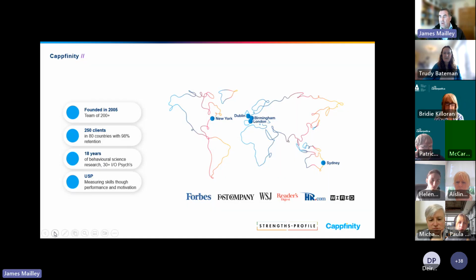Okay, so who are Capfinity? We are around for almost 20 years at this stage, founded in 2005, and the main head office is in Birmingham in the UK, with another office in London as well. We expanded into the US with an office in New York, and to Asia Pac with an office in Australia as well. And we've now got over 250 clients,